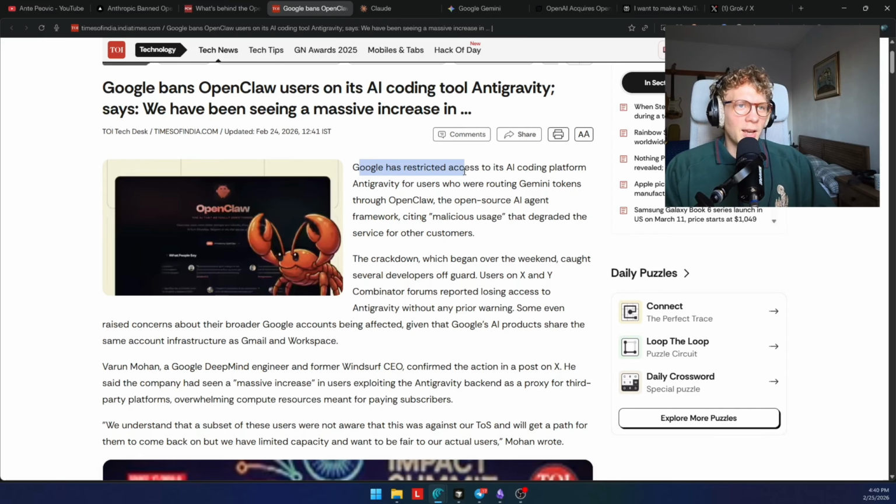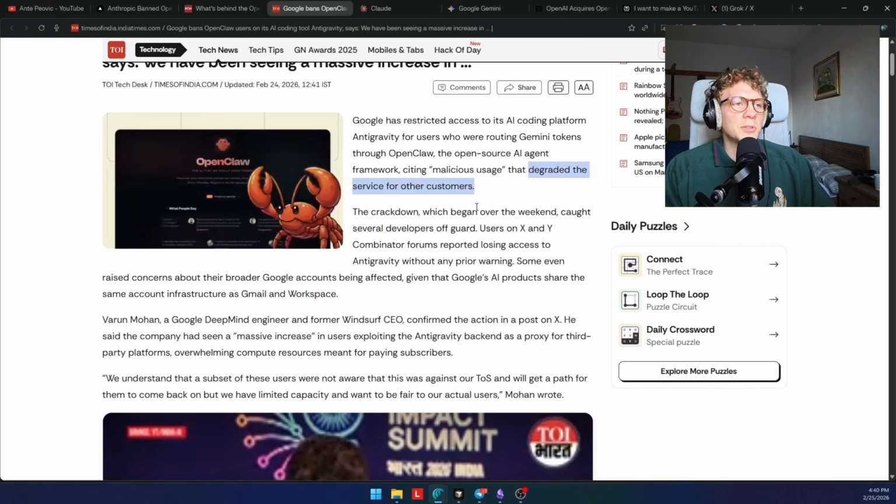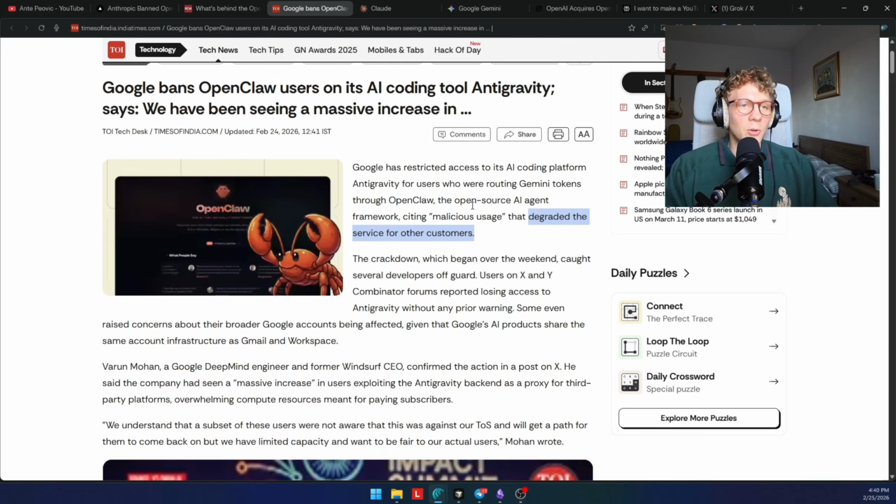Google has restricted access to its AI coding platform Antigravity for users who were routing Gemini tokens through OpenClaw, the open source AI agent framework, citing malicious usage that degraded the service for other customers. What they're saying is, yeah, there were so many requests coming from people who were using it for OpenClaw, which put a load on their poor servers, and then their other customers couldn't use Antigravity in the right way.